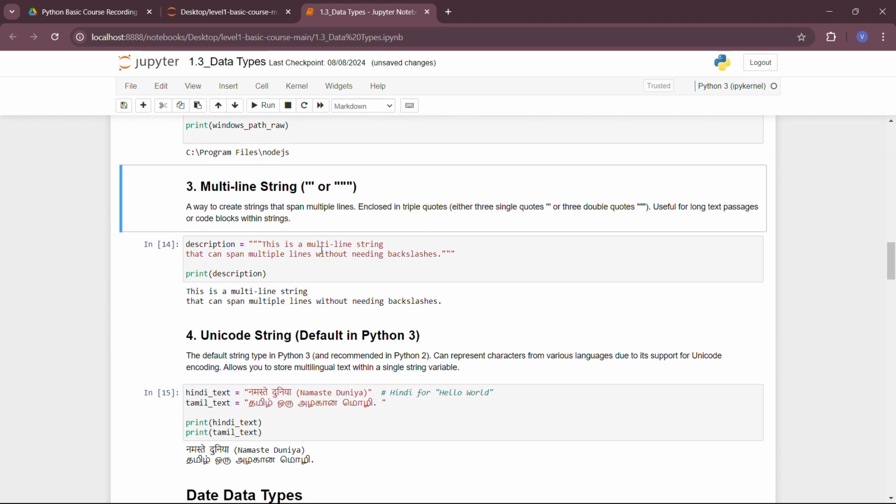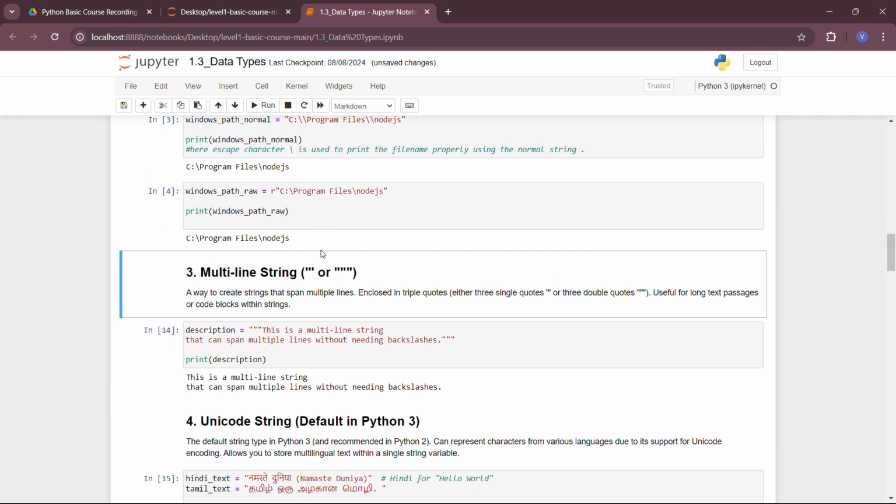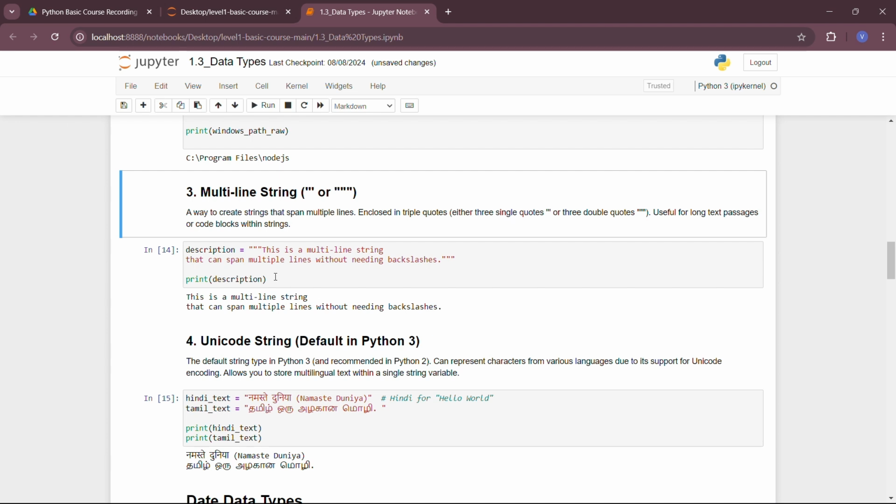Next is multi-line string. So you saw what raw string is. In a multi-line string, we can use either three single quotes or three double quotes to represent a string that spans multiple lines.